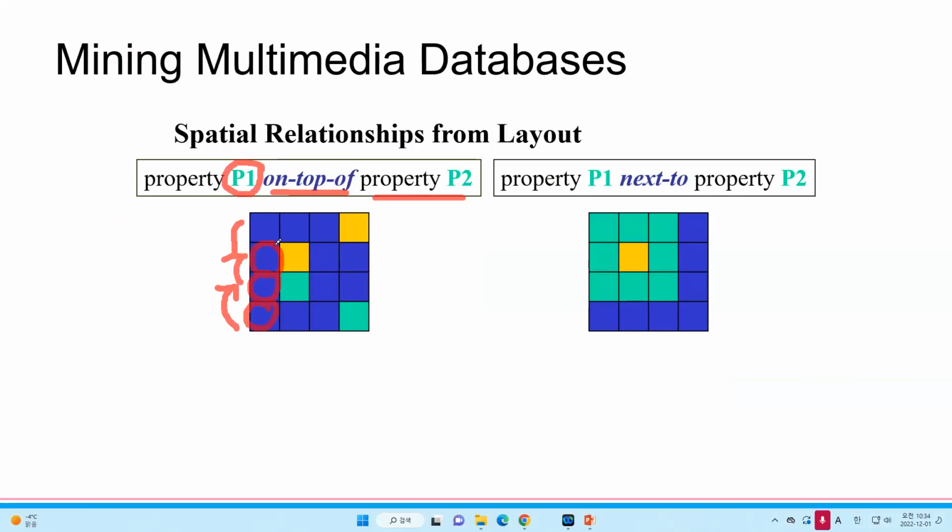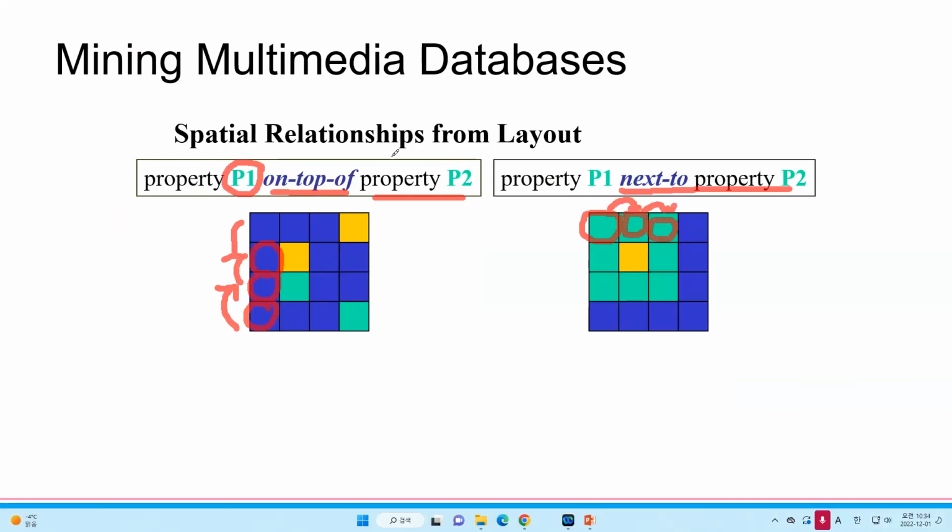Or we can see property P1 next to property P2. So what is next to this pixel or this image, and so on. This kind of spatial relationship is usually used